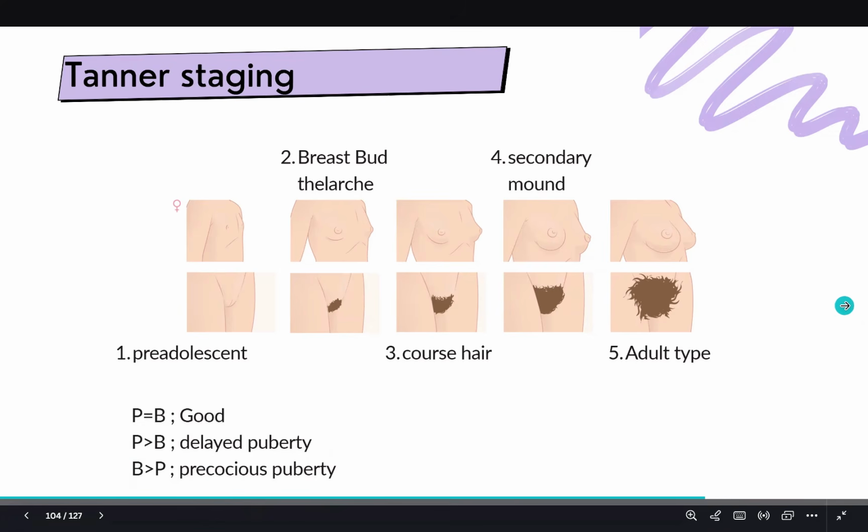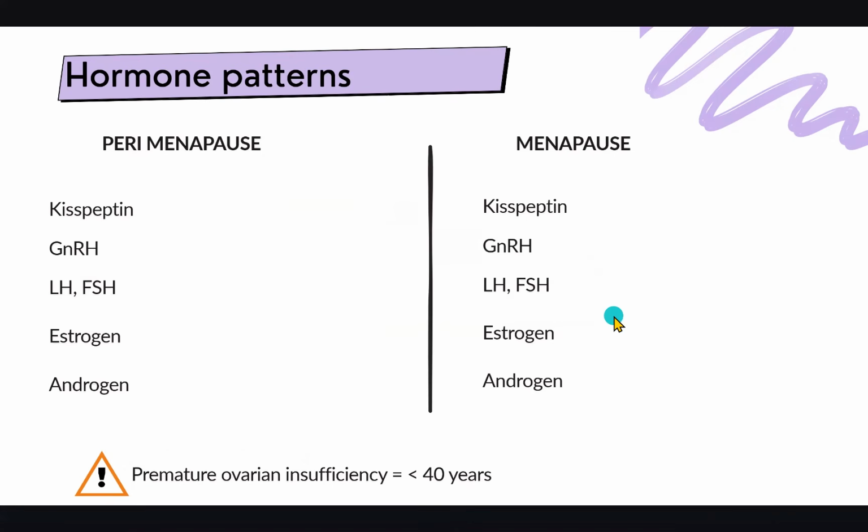All right. Okay, now moving on to hormonal patterns in perimenopause and menopause. So perimenopause is just before menopause, and in this case there is anovulation happening. So sometimes an egg is released, sometimes an egg is not released, and so on. However, the kisspeptin levels are still